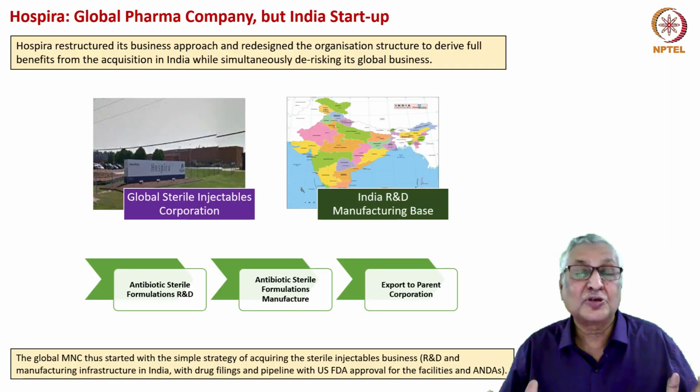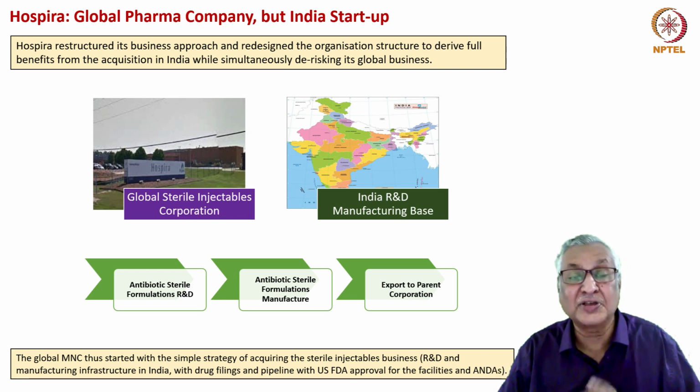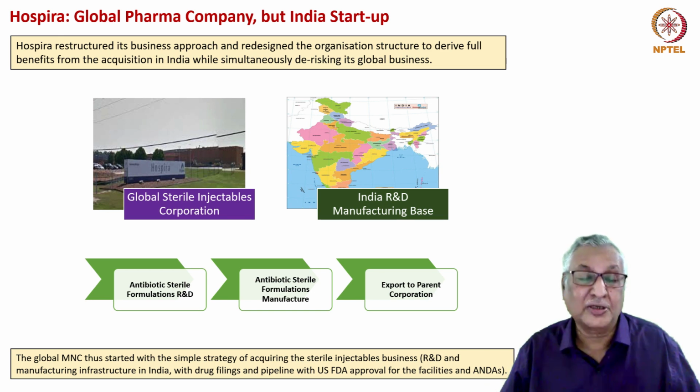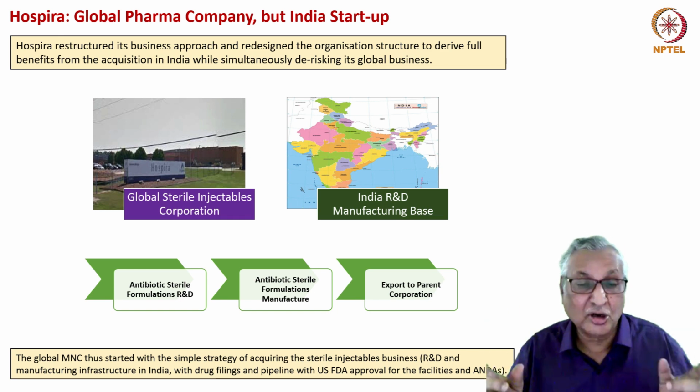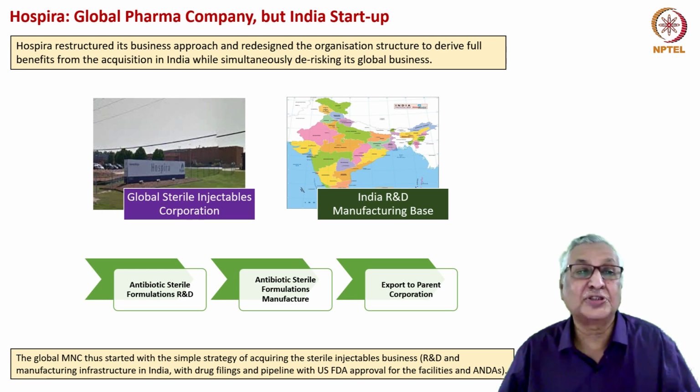Hospira was a global pharmaceutical company getting all of its turnover from all markets other than India. Hospira was also a global company which had manufacturing facilities in several parts of the world but none in India. However, when Hospira took over the sterile injectables business of Orchid, the idea was to shift the center of gravity to India. When so many other generic companies could have distribution alliances or some kind of partial manufacturing arrangements, why can't we? Thought Hospira. So the acquisition took place.